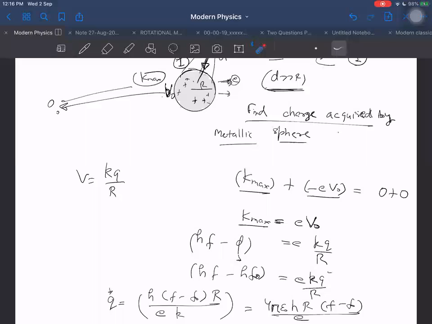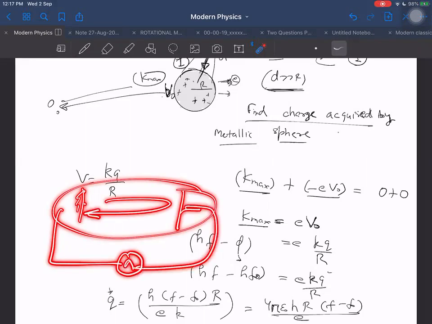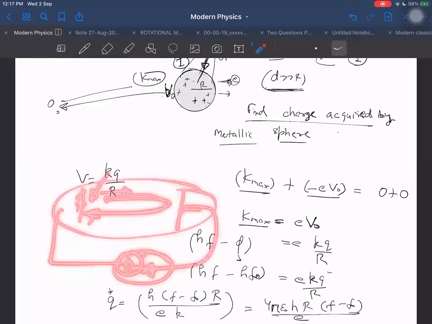I don't know, but IIT gave this answer. Probably they wanted to say that when stopping potential is attained, then the photoelectric emission stops. Because in our normal photoelectric experiment, when the electron returns from there and is not able to make the current flow through this, then we say there is no photoelectric current. But even though there is no photoelectric current registered, I still will not agree that photoelectric emission is not there. Photoelectric emission is there. The only thing is we are not able to detect it because the electrons are just coming back before reaching the anode. So somehow I don't agree with their answer.